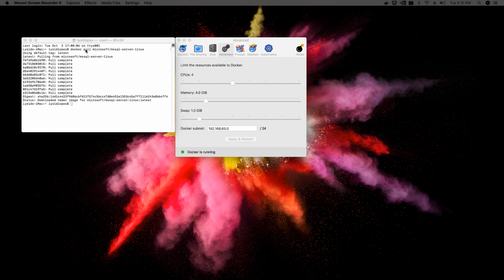Okay guys, so finally SQL Server has been downloaded on our computer and on a Mac. And once it is downloaded, we are going to now launch the Docker image. But before I go ahead and launch the Docker image, I just want to let you know that the commands that I typed in my terminal will be provided in the video description, and you can copy paste it on your terminal window. Also, the downloading of SQL Server Docker image might take some time depending on the speed of